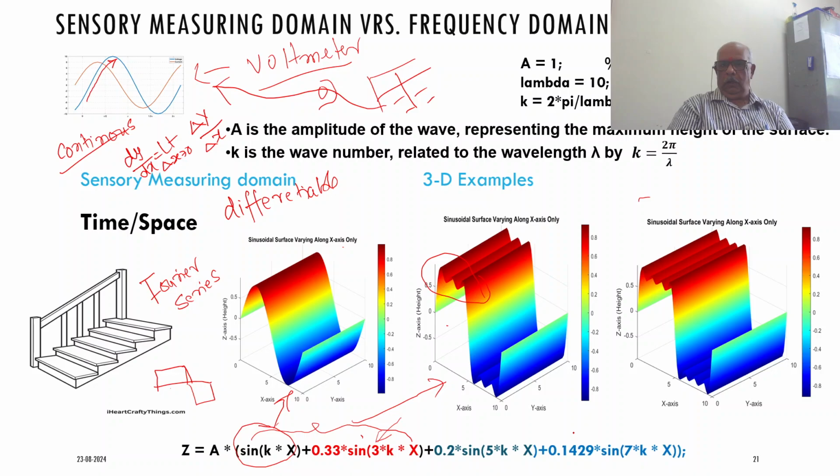And if you add the 5x and the 7x all together, now you can say this is creating more or less like a staircase, one of the steps. So what we have is, if you try to see this in a 3D case, it is looking something like that. I have got a staircase which has got,